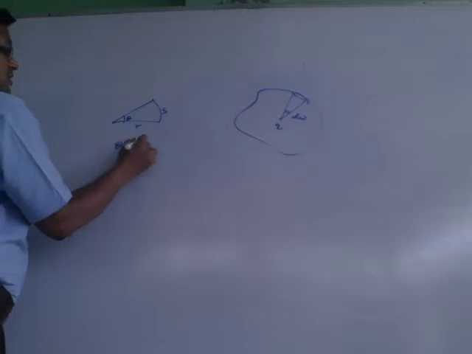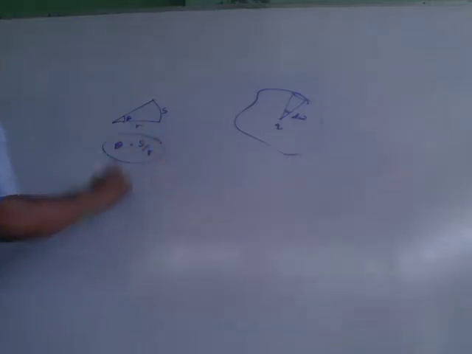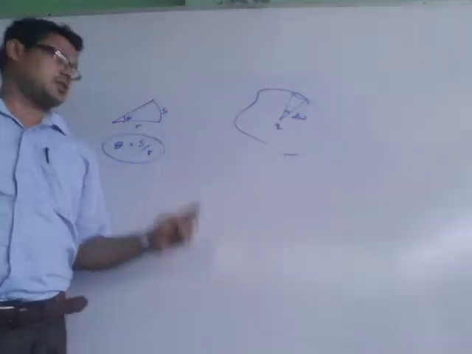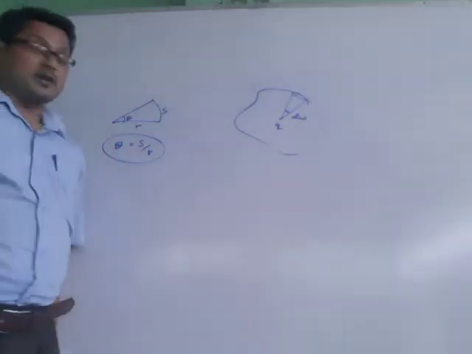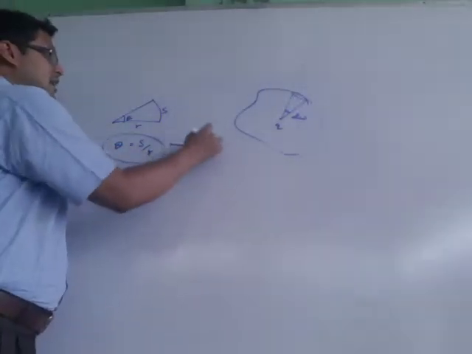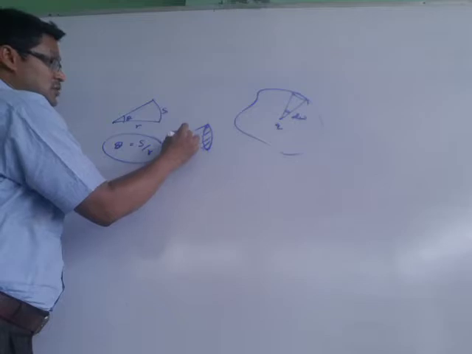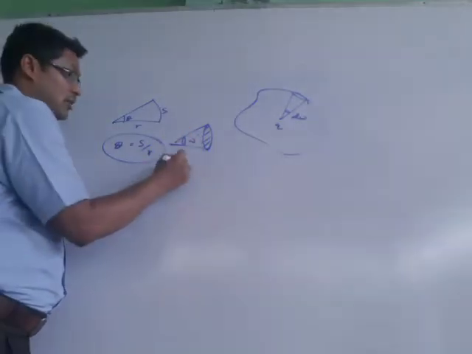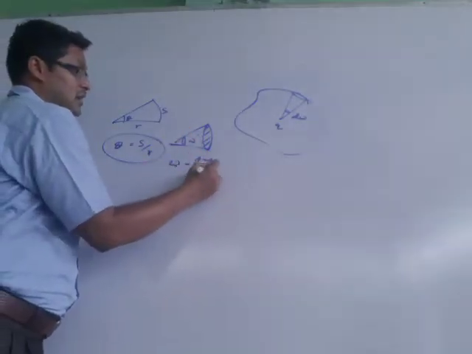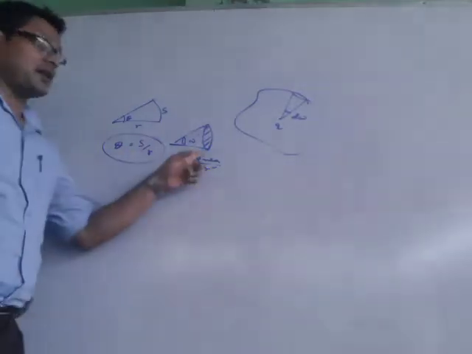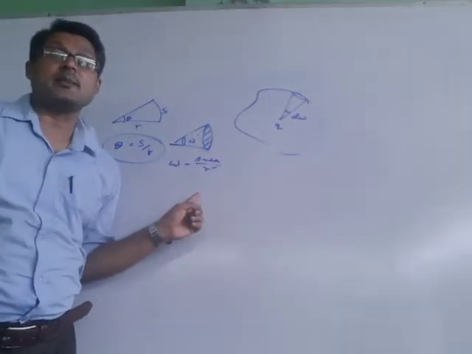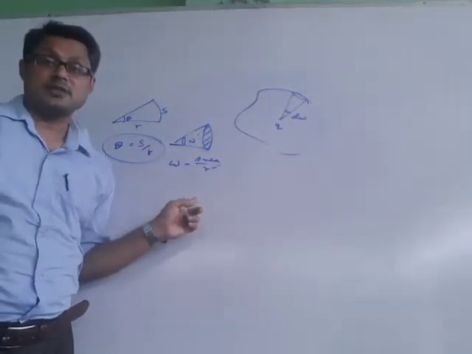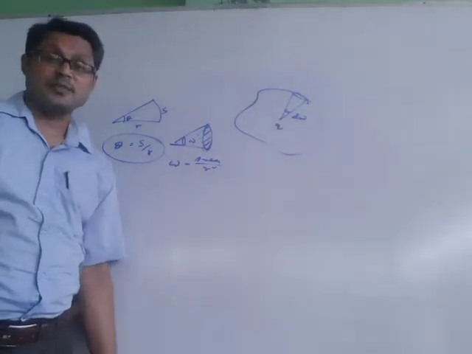So theta equal to S by R. We have this concept that theta equal to S by R. But if this line covers some area, then this is known as solid angle, omega. Omega equal to area by R square. Here S by R, here area by R square. Why? Because these are dimensionless, always dimensionless. So here we have to consider the R square.